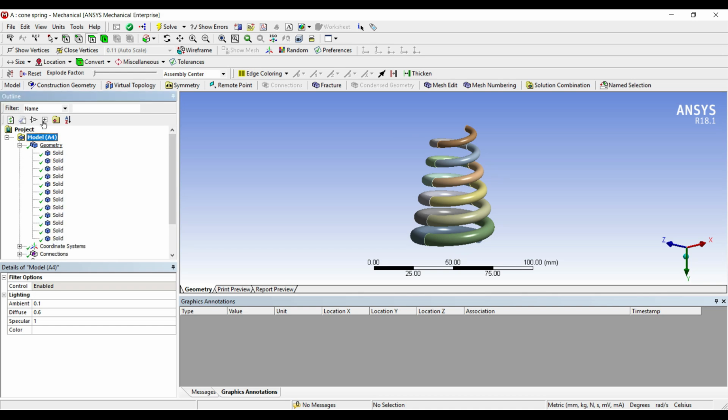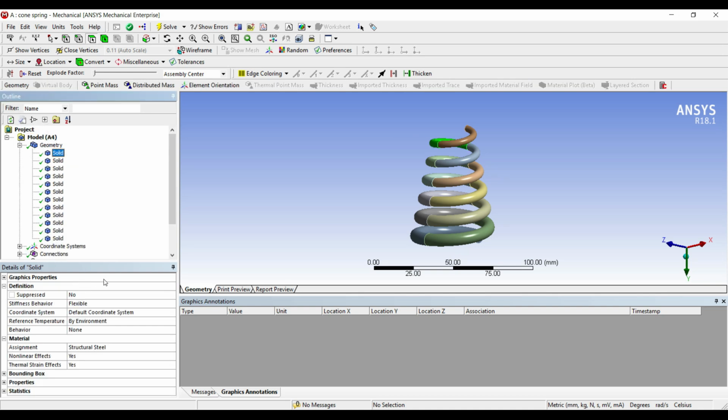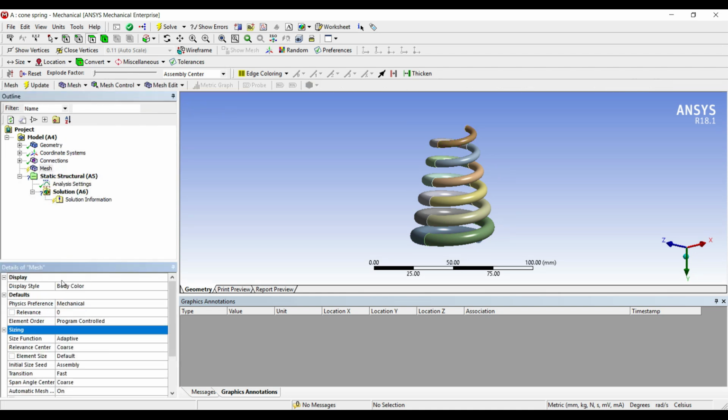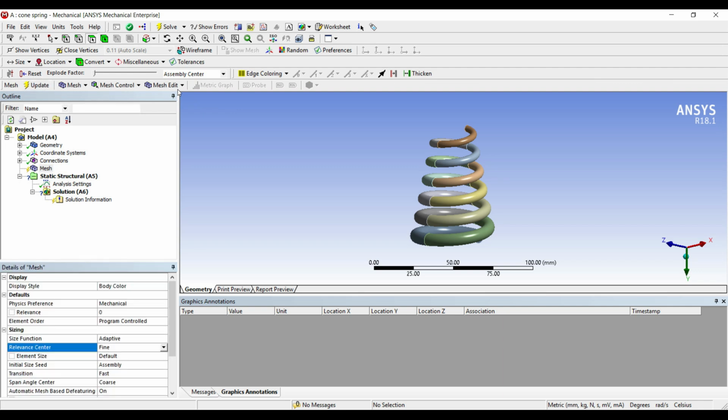Then I'll go to geometry. You can see over here I will have to choose stainless steel for each solid which has been generated. So I've changed the geometry. Next I'll go to mesh. I'll choose the sizing as fine and update.